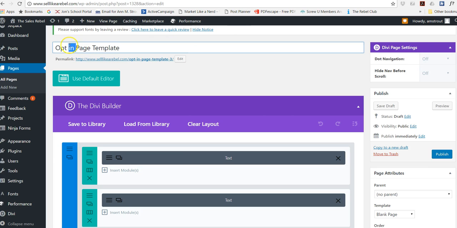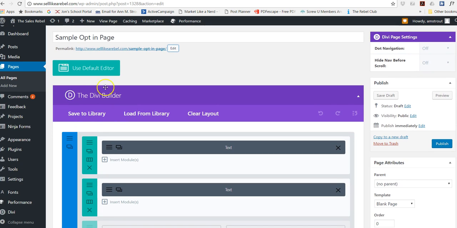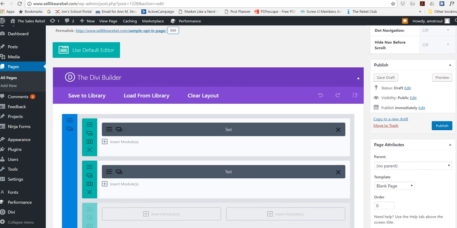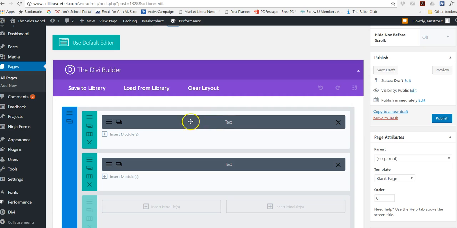So the first thing I'm going to do is just change this title, and I'm just going to say Sample Opt-in Page, okay? I'm going to copy this and edit. I'm going to just toss that in here, so it now has a new page title, okay? So once you're in your page, and you're using your Divi theme, the way that you want to do this,